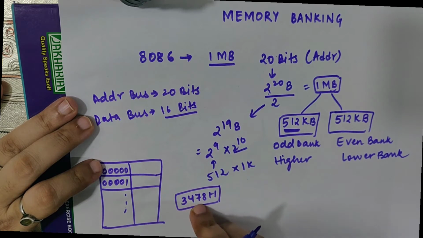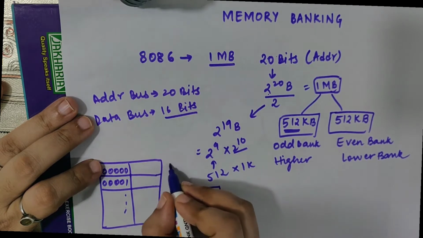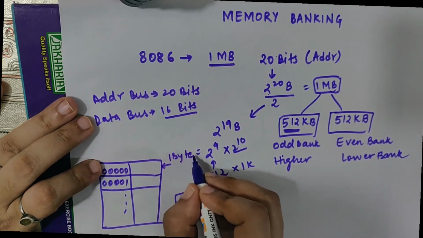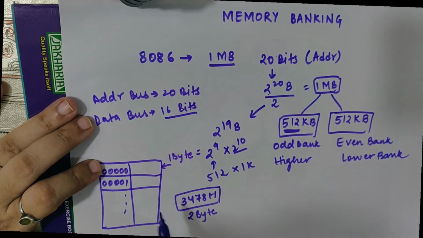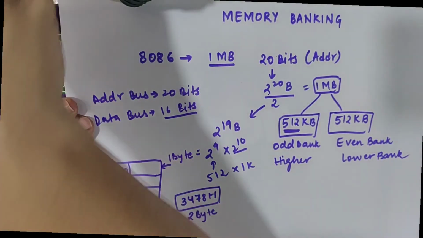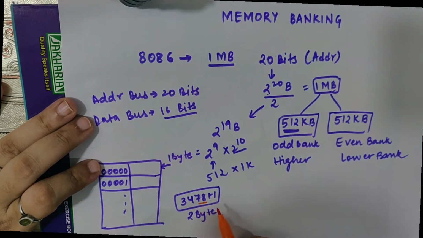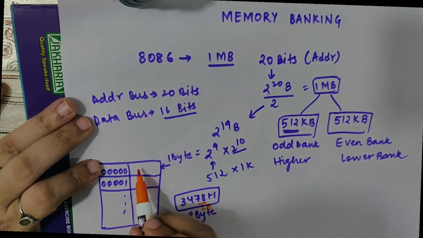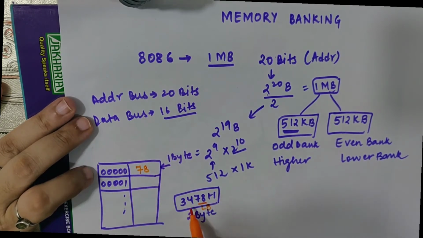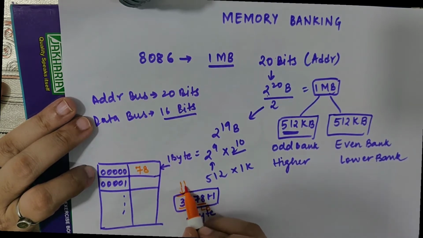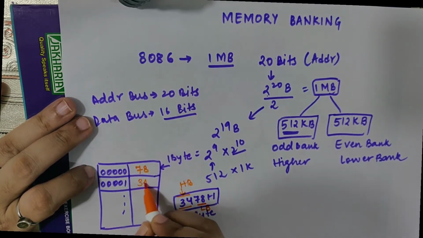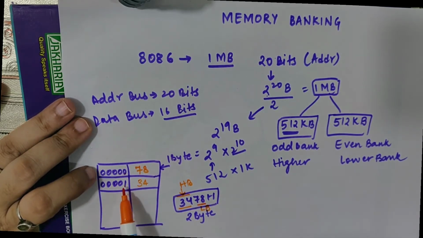This is 16-bit data, or 2-byte data. Now at one memory location I can store only 1 byte, or only 8 bits, and I have to store these 2 bytes. So how will it be stored into the memory? It will be stored using a rule which says that the lower byte will be stored at the lower address, and the higher byte will be stored at the higher address. Here 0 is a lower address as compared to 1. So 78 is the lower byte, so this will be stored at this address, and the higher byte will be stored at the higher address.